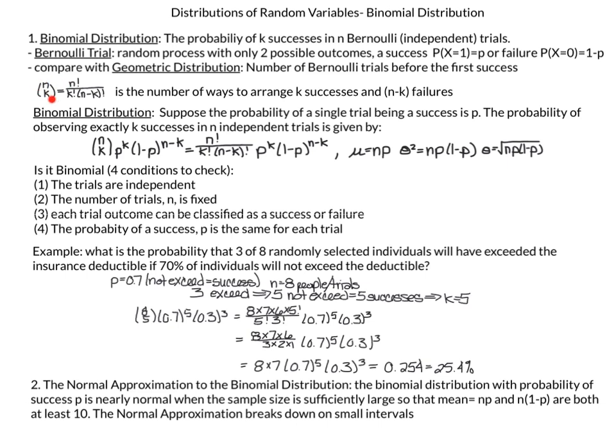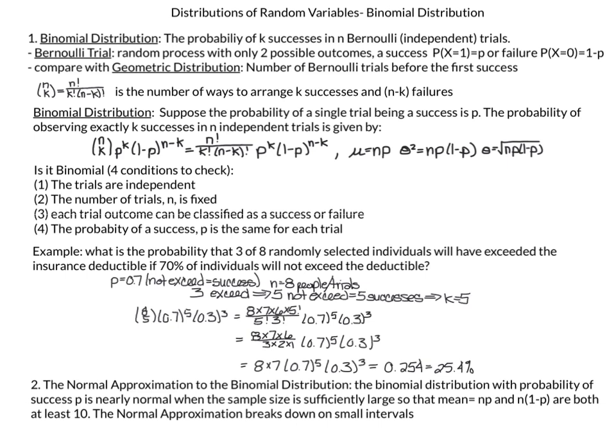From there, we can plug into our formula now. Since we're looking at 5 successes, k is equal to 5. The probability of observing k successes in n independent trials is 8 choose 5, times the probability of success raised to the number of successes, which is 5, and the probability of failure, which is 1 minus probability of success, raised to the number of failures. And then this is the formula which we'll go over in more detail, which will give us a final answer,